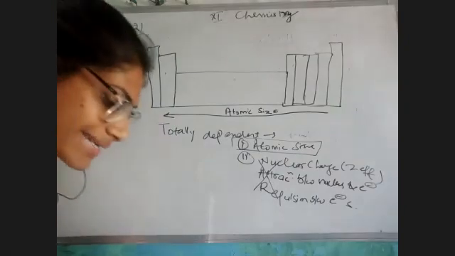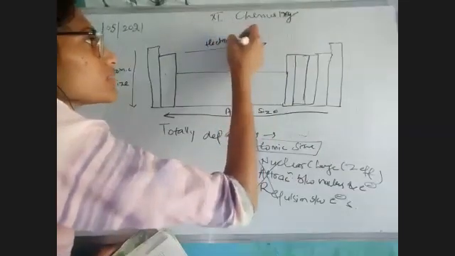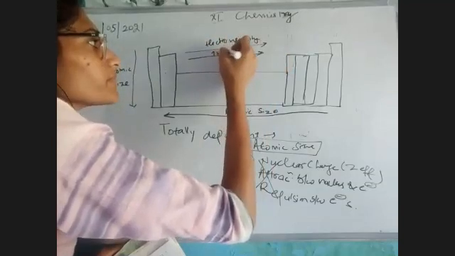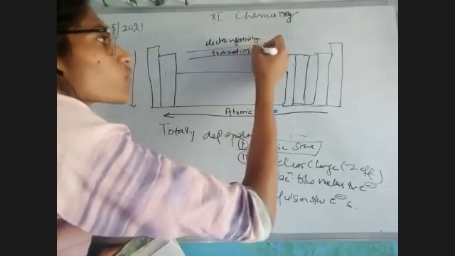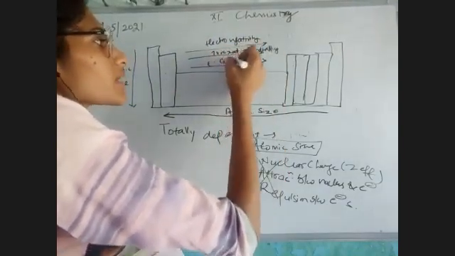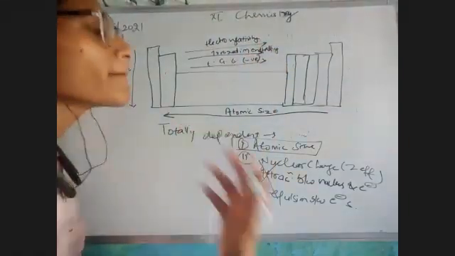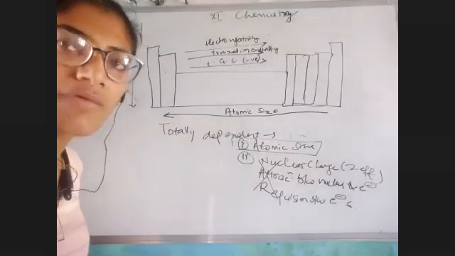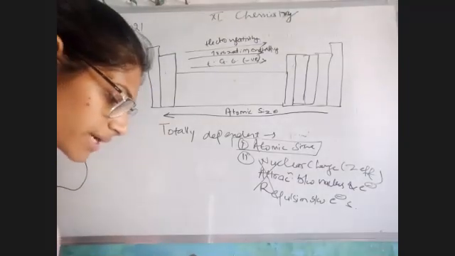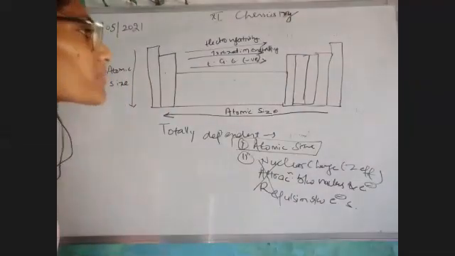As the atomic size is decreasing, my electronegativity is increasing, as well as my ionization enthalpy. And also we have seen that my electron gain enthalpy are becoming more negative. That we have seen in the case of fluorine, chlorine, bromine also. Okay, and we have done all with the atomic radius, electron gain enthalpy, as well as ionization enthalpy. Lastly, we are left with the non-metallic character.